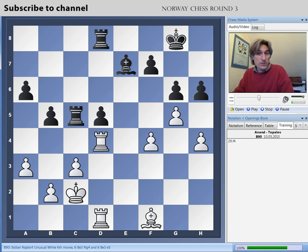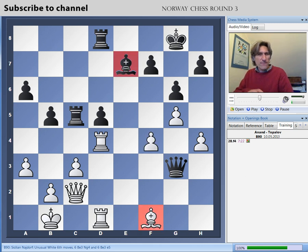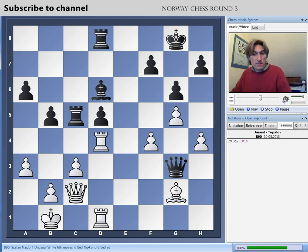He could try to do this and try to liquidate pawns on the king side, but, well, this pawn is certainly going to drop very soon, and then, you know, who knows whether black has enough to hold a draw. But I can understand why Topalov didn't do that and wanted to maintain his active queen here. But after f4, I think we see the difference between the two minor pieces. Even if this bishop activates, in fact, Topalov played bishop d6 here, attacking this weak pawn here. This bishop, in fact, Anand moved it to g2, is potentially far more useful